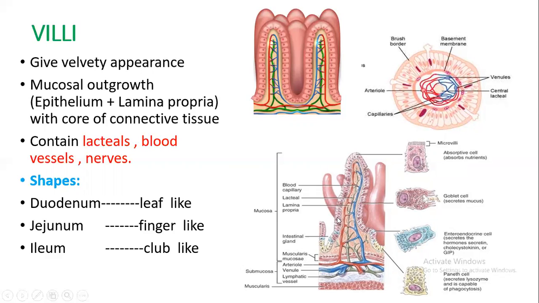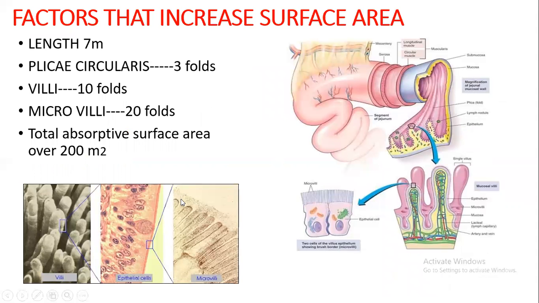This is also a picture of the villus, and this is a villus with a central core, arteriole, venule, and central lacteal, lamina propria. And between the two villi, you have crypts of Lieberkühn, where the intestinal glands open. And the villus is covered by epithelium with different cells, absorptive cells, and then you have the goblet cells. Down in the intestinal glands, you have endocrine cells and Paneth cells. These cells are very important, which we are going to study further.